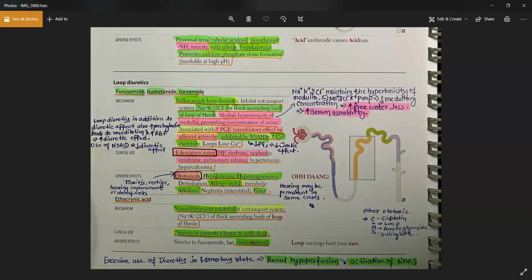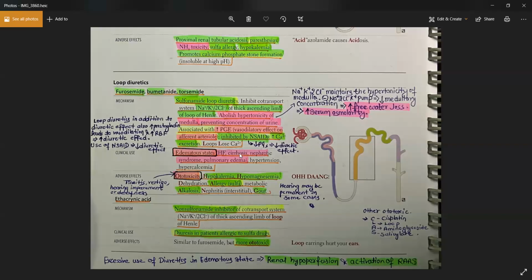They also cause the loss of calcium, because you cannot have the efflux of potassium now. You cannot have a positive potential, and that leads to the loss of calcium as well as magnesium in the kidney. Please note, they are very powerful diuretics, and that's why whenever you get an acute edema, for example an acute episode of heart failure, you will always first give the patient loop diuretics, to get rid of the edema.